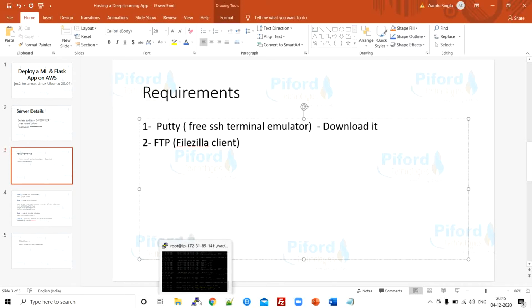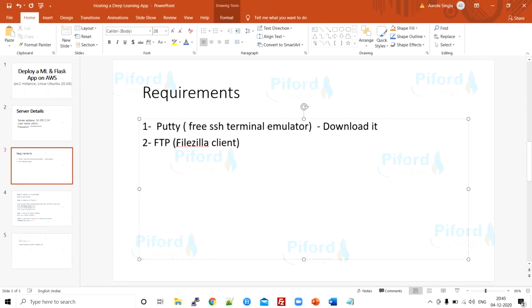This simply means whenever you want to install anything on your server, we will be using this PuTTY software. And FTP simply means file transfer protocol. That simply means whenever you want to upload anything to your server or download from there, we will be using FTP for it.